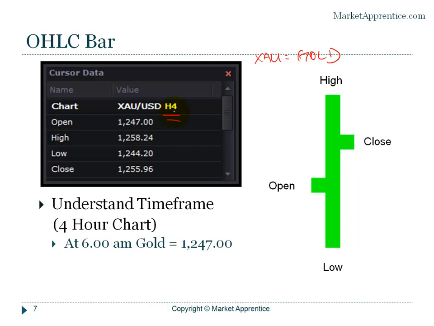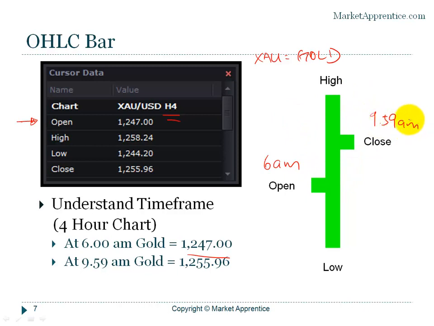And the bar opens at 6 a.m. So the bar here opens at 6 a.m. And when the bar opens, the price at opening is 1247, as stated here. Price will go through a cycle of high and low, at which point it will close at 9:59. And price will close at 1255.69 per ounce,